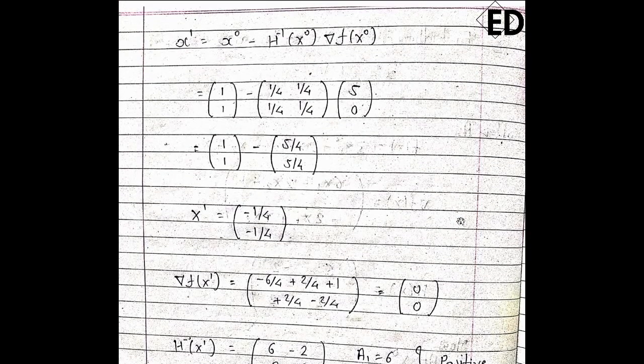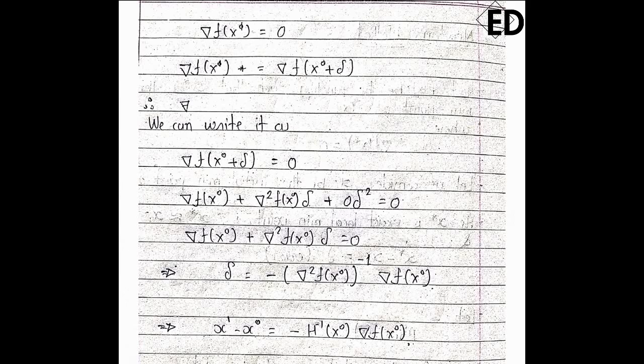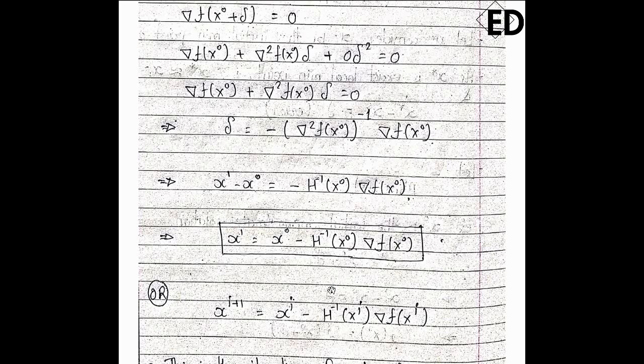As this is an iterative process, the more accuracy you require, the more iterations you have to perform. The procedure is, after getting x1, we follow the same procedure: we put x1 here, calculate the Hessian matrix and gradient at the x1 point, and when we put all those values here, we get our next best solution. So this is Newton's method, which is very easy, and you have to remember just this general formula. If you remember this, it's very easy to calculate your best solution. Okay, thank you.